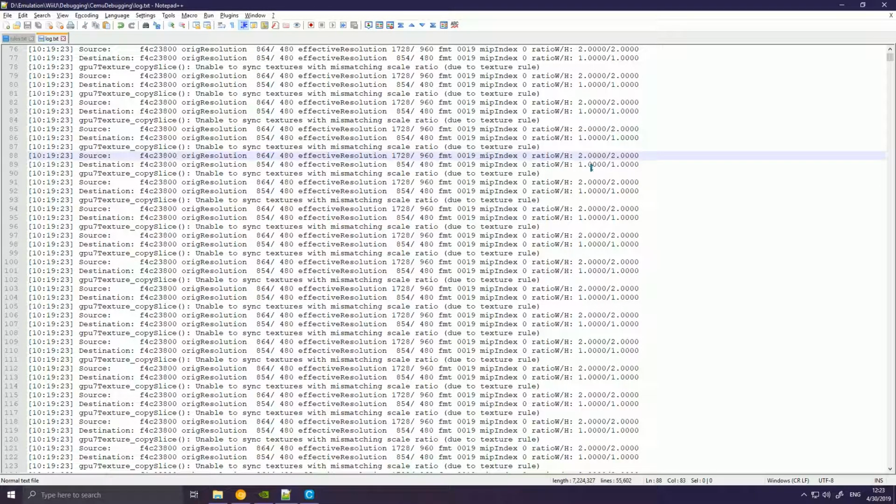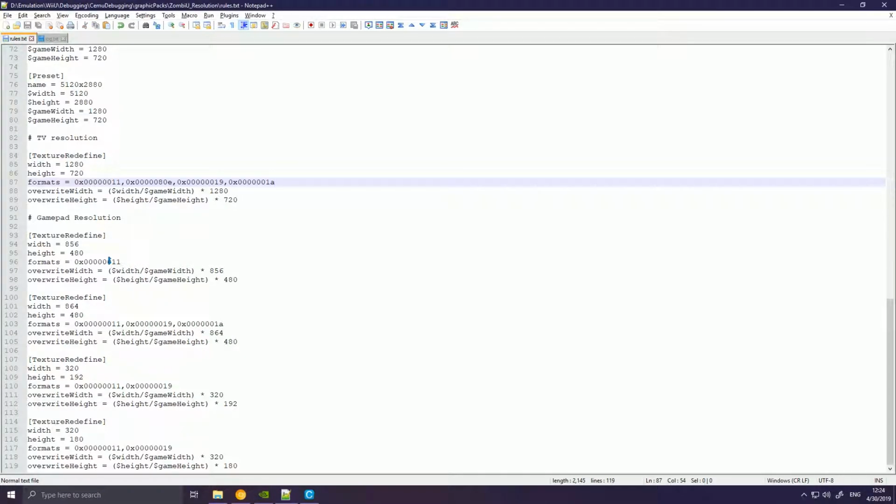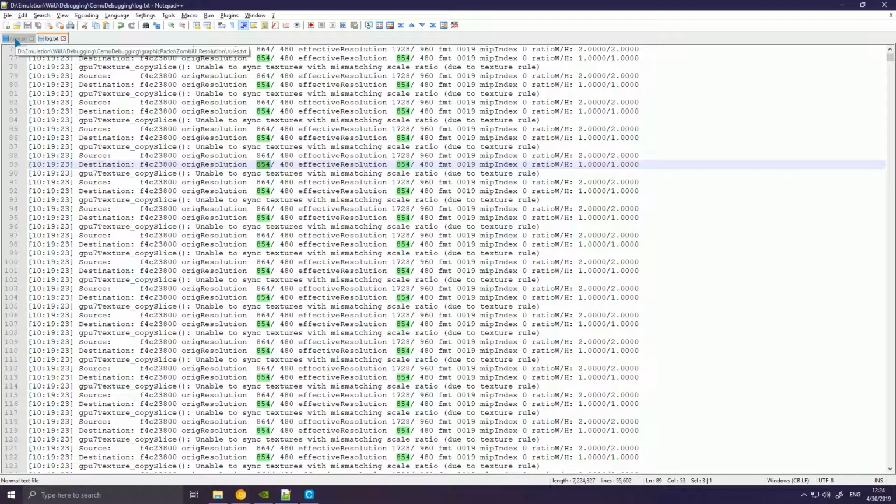These two didn't match apparently, and it has to do with the fact that this format wasn't upscaled with this one. So it's not upscaled by this. So we can go back and we can see that we probably left out, yeah, as you can see,